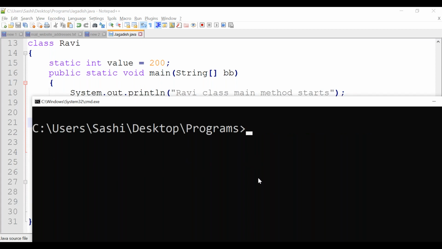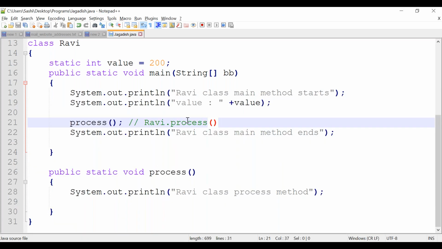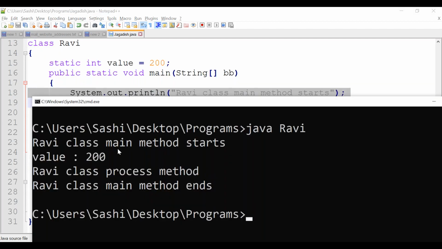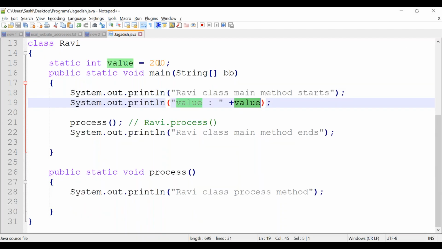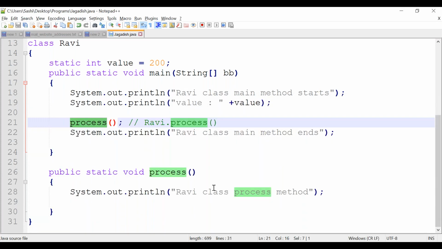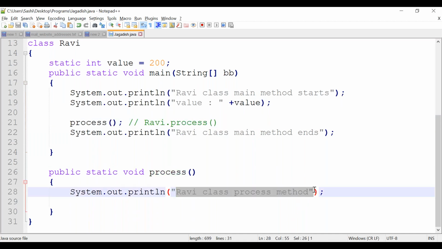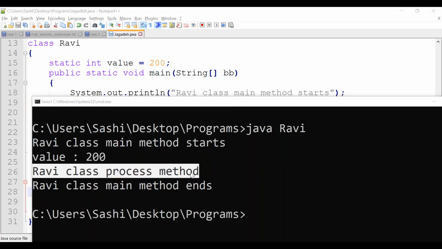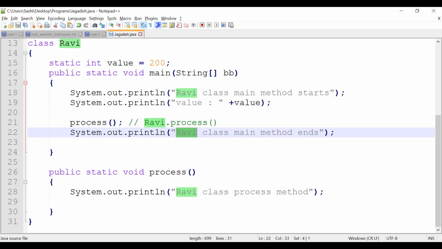Once compilation is a success, java class name. You are getting the output: main method starts. Value you are printing 200. You are calling the process method, and you get the output of whatever you printed in the println statement: Ravi class process method. Finally, main method ends. This is straightforward.